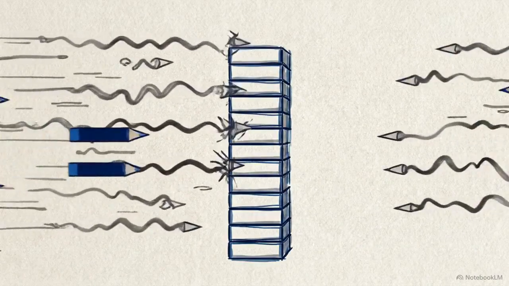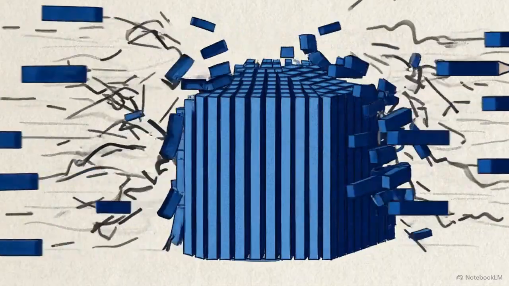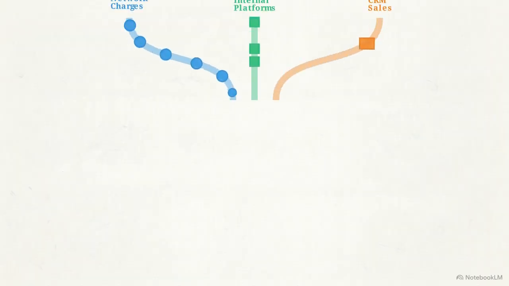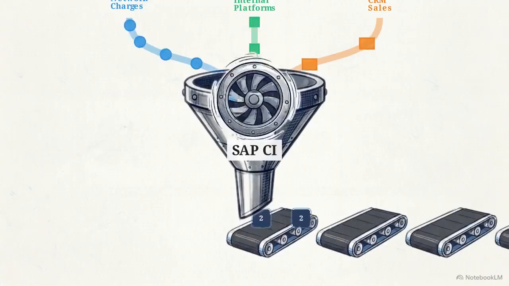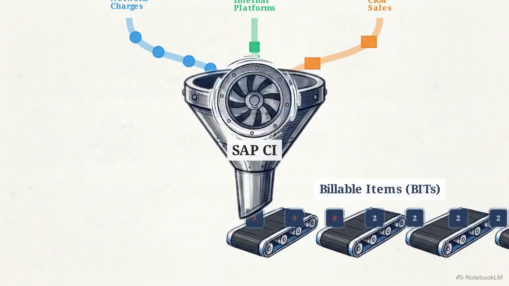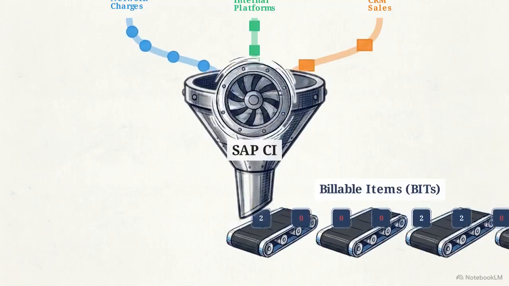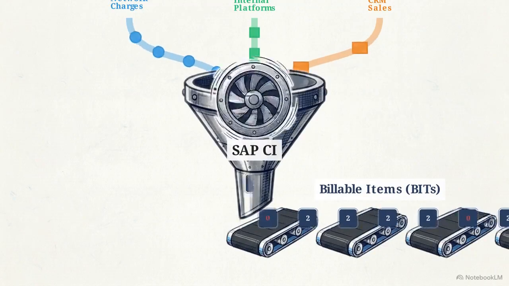Managing millions of usage events requires a specialized architecture to catch and organize the raw physics of data. When switch logs and CRM records flood in by the second, SAP Convergent Invoicing serves as the engine that aligns that chaos into rigid, uniform blocks. This system ingests a massive, constant stream of disparate, rated consumption records, everything from external network charges to internal platforms